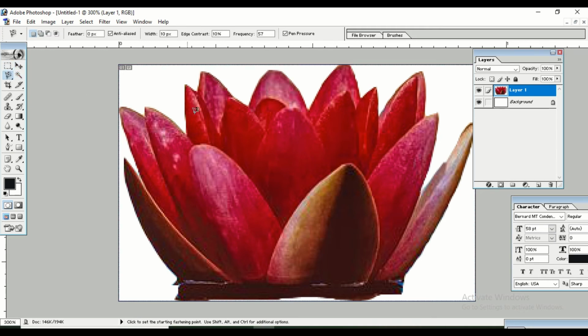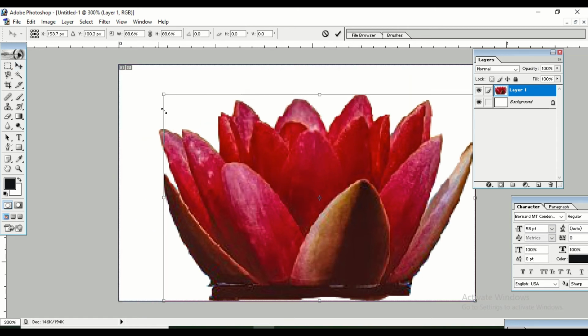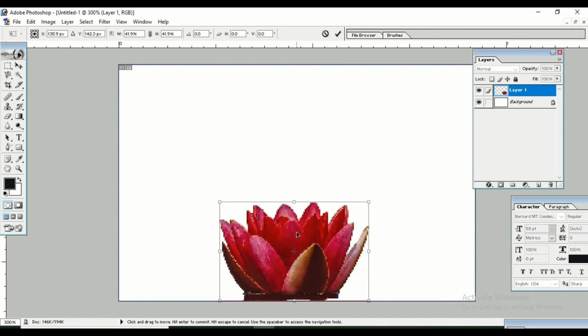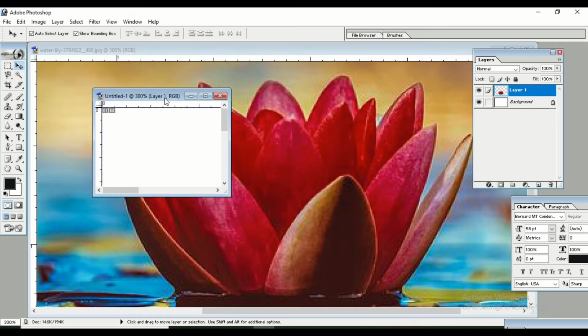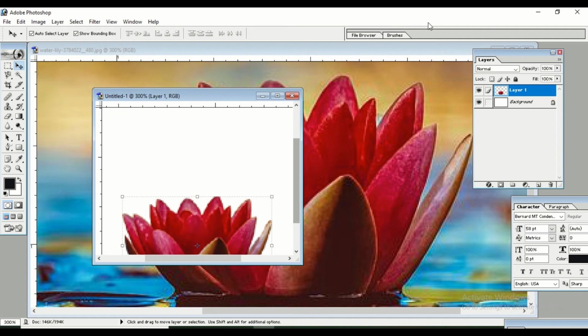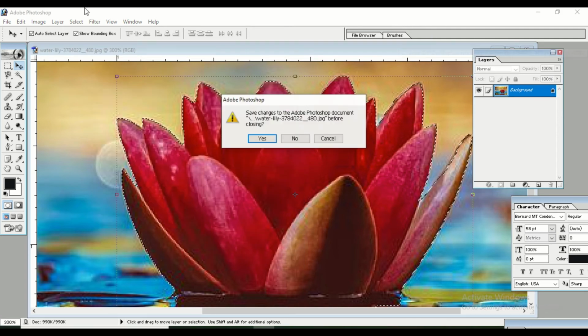Now suppose you want to decrease this. Then, keeping the Shift key pressed, drag any corner of this image to minimize it. Now in the background, suppose I want to take a new image.